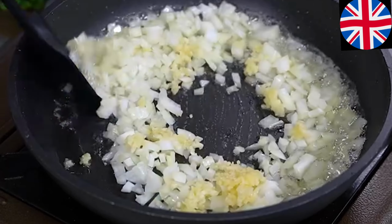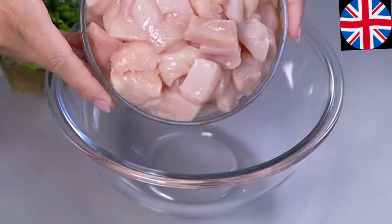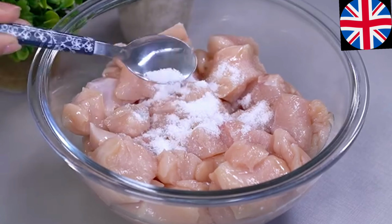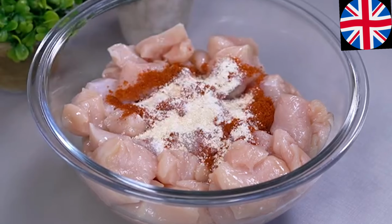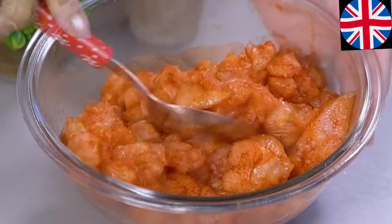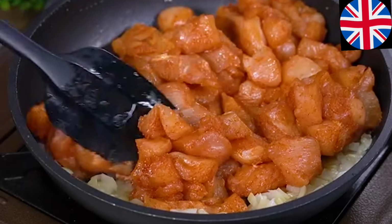And while the onion and garlic are frying, we'll season this chicken. Here I have 800 grams of chicken, and I'll season it with salt to taste. A teaspoon of paprika. A teaspoon of garlic powder. And we'll mix it very well. Then we'll add it to the pan with the onion and garlic, and we'll let the chicken fry until it's